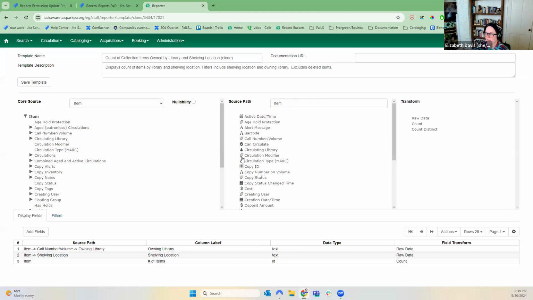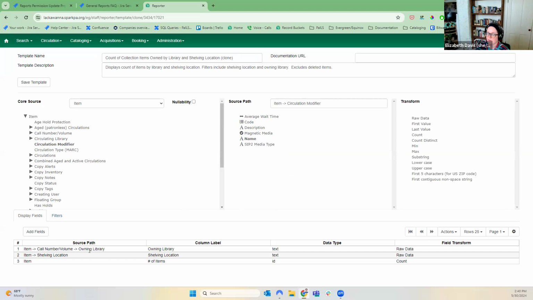If it is these little two circles, or it's a link, you would definitely have to go to the connecting table to get the info. You don't ever want to run it on a linked field. So if circulation modifier is something I wanted to add to this table, I'm going to go to the connected or joined tables, go to circ modifier, pick name from here and just add it. There are options to transform, and in this case, this is not one that we would want to transform, but say